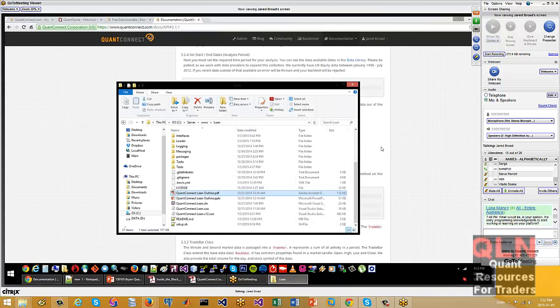So absolute basics, you can get into QuantConnect and you can get into algorithmic trading, but I really wouldn't recommend it until you sort of know what you're doing. You can lose a lot of money if you don't know how to program and you try and do algorithmic trading.